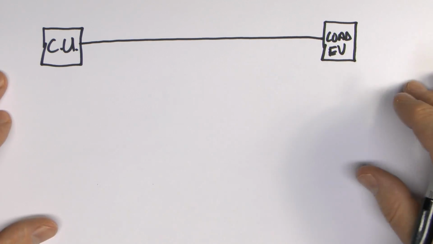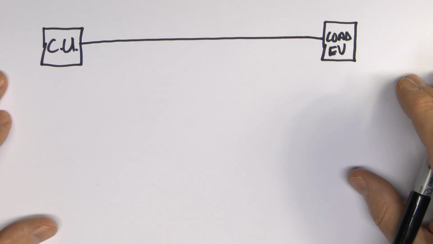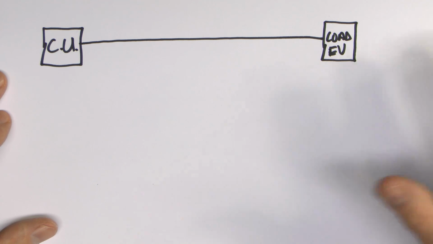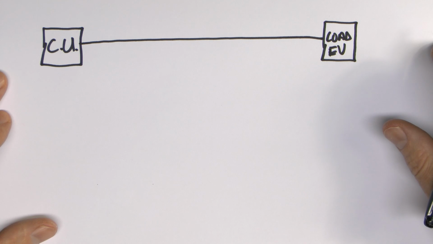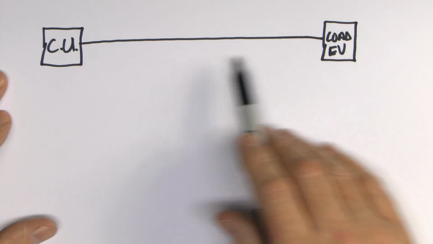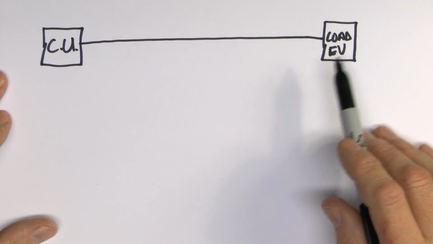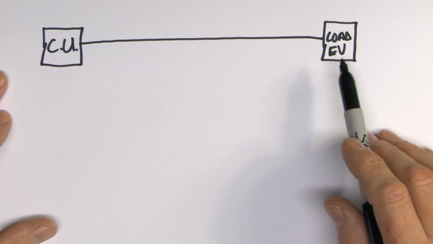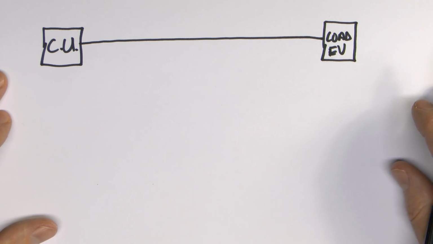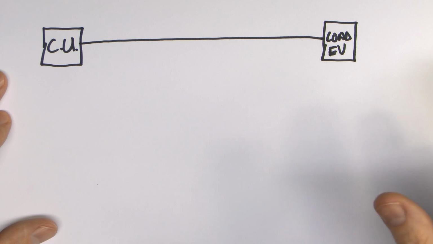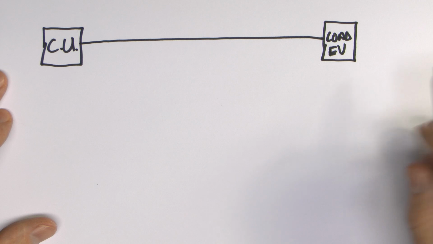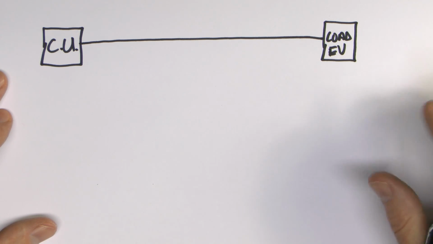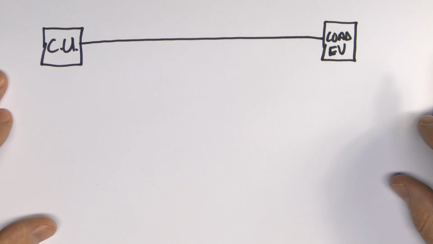this isn't particularly significant because most circuits in a typical house are either very low loaded, things like lighting, particularly with LEDs and whatever, or they're only on for a very short time. So this could be an electric shower, but of course you don't generally stand in an electric shower for 6 hours at a time. It's only on normally for a few minutes. So although these principles apply pretty much to any circuit, it's only really significant when you've got a circuit that's fully loaded to a decent level, and it's also going to be loaded up for a decent amount of time,